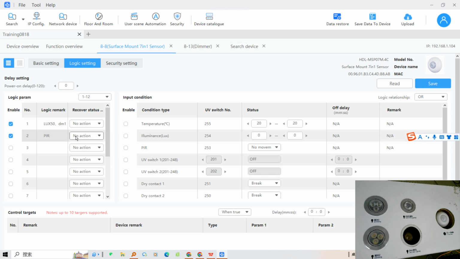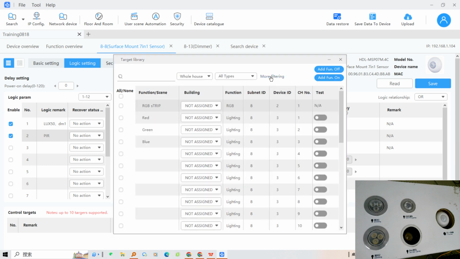This time also no action. And because the condition is when it detects movement, so it means movement. When detect movement is true,